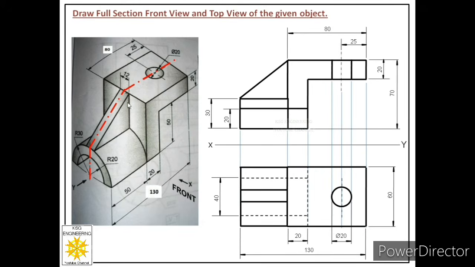Only this part of this plate will be visible to us. So it means now we have to remove this edge from the view. You can see these two plates are in contact with each other. These two are cut at this section. So at this section, material of both the plates will merge, and this edge will not be there in the center because this is removed, because we have removed the front half portion of the object. So we have removed that edge from the front view, or we can say we have merged these two plates.